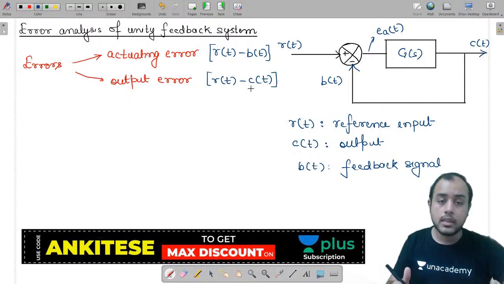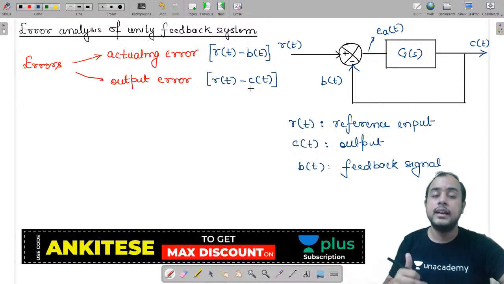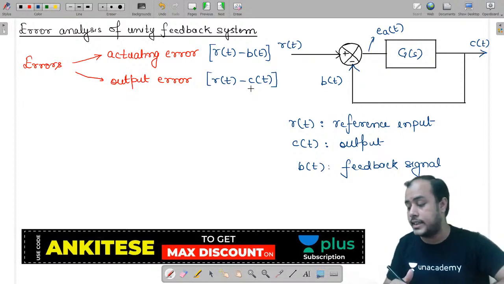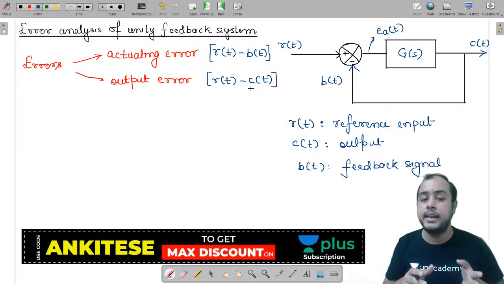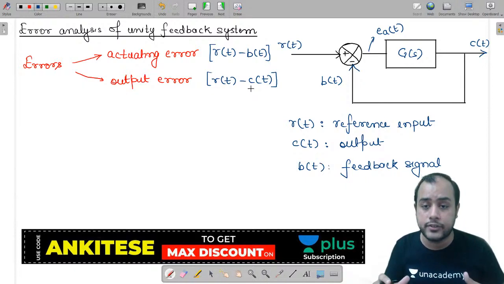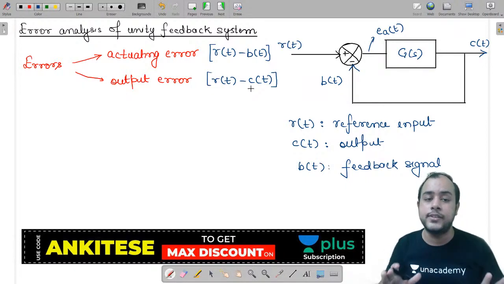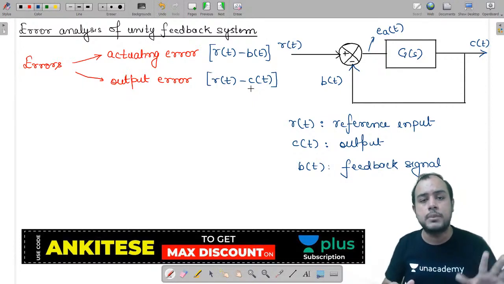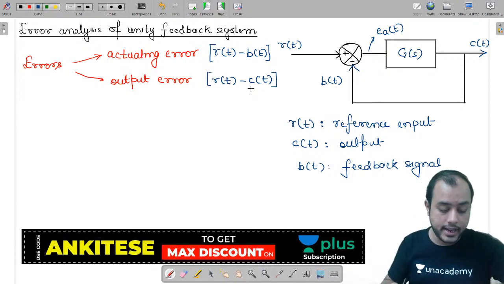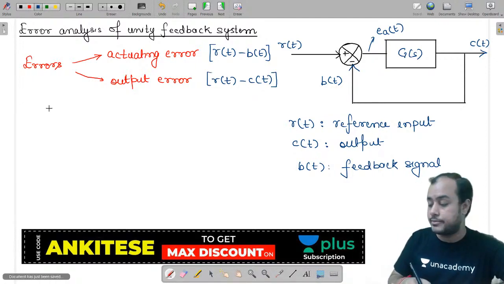Okay. Swati, please first try and understand whatever I am telling. Gradually in the lectures you will see we will move to more advanced topics. But many people here are those who have not studied control system in their entire life. So I have to make things easy for them as well. If I directly start talking about dynamic error coefficient, static error coefficient, they will not be able to catch up. Okay. So please care about the batch.